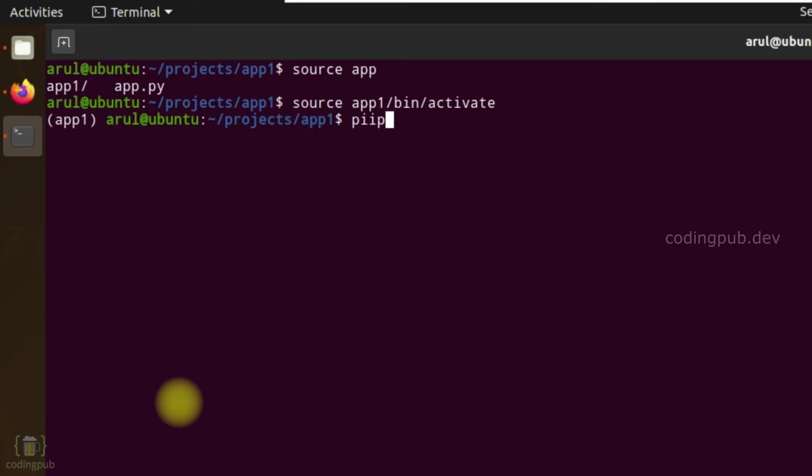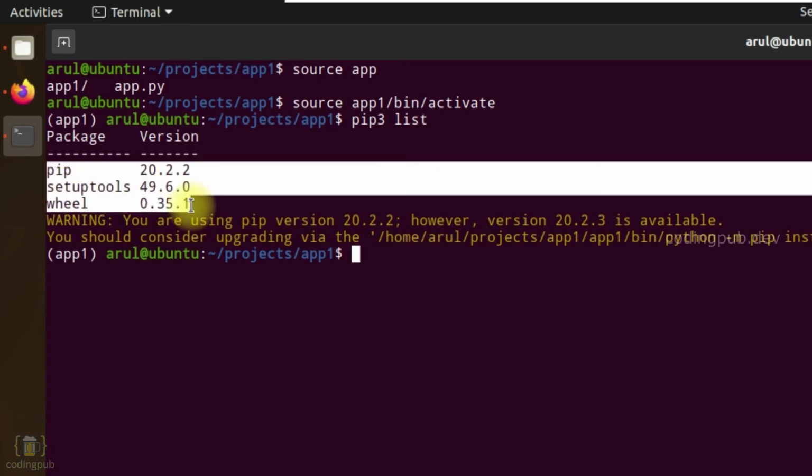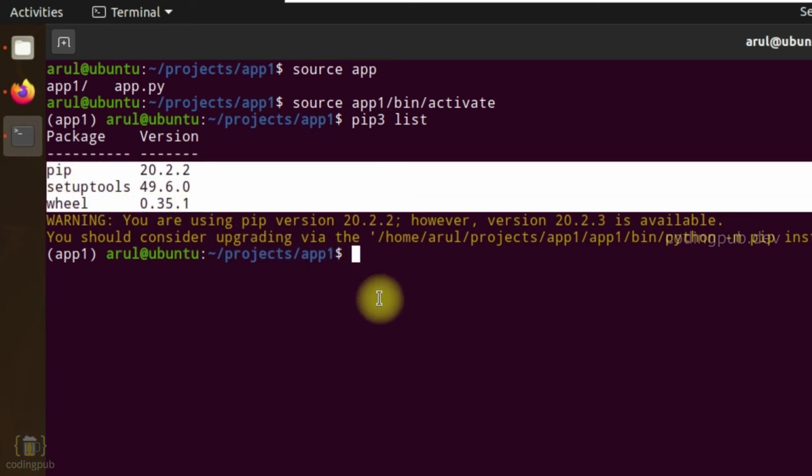If I do a pip3 list here, only these three packages are installed, because the packages we saw earlier were the global packages, which were outside our virtual environment. In our virtual environment, we did not install any package. These are the default packages which will be installed along with the creation of the virtual environment.